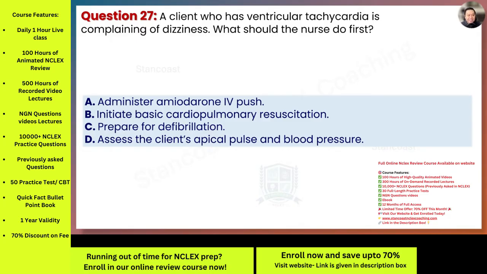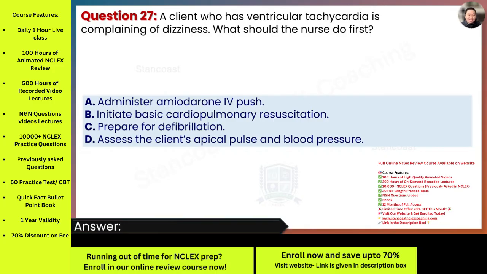Client who has VTAC, complaining of dizziness, what you should do first. The answer here is letter D. Why? All right, let's go back into the ventricular tachycardia, which is basically a serious rhythm disturbance originating in the